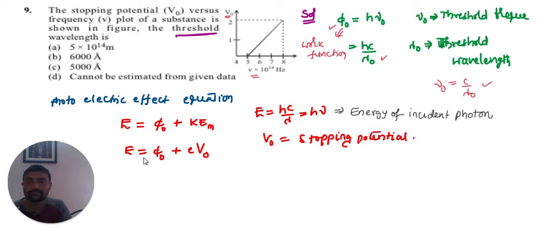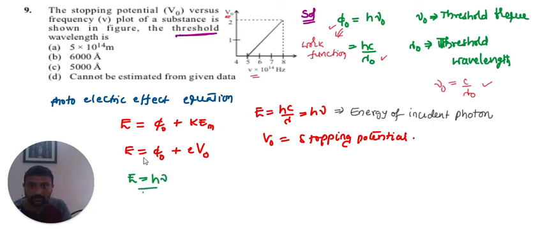E naught is stopping potential. Once we observe the curve, he gave the x-intercept, which is equal to the frequency of 5 into 10 power 14 hertz. So we have to rewrite this equation in the form of an equation which represents this graph. I am writing here that I bring this eV naught to this side. Then E is equal to